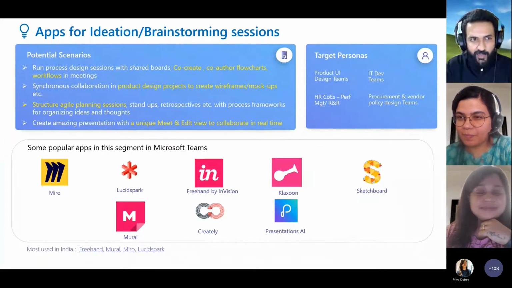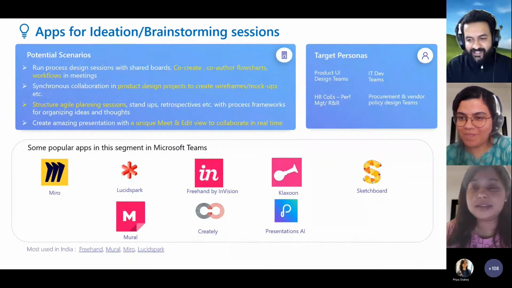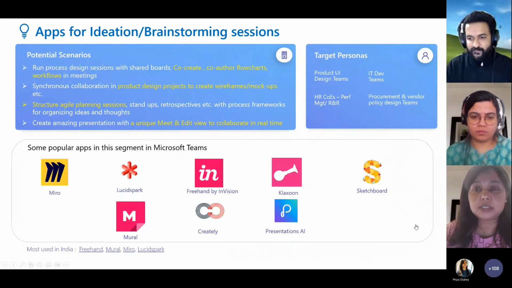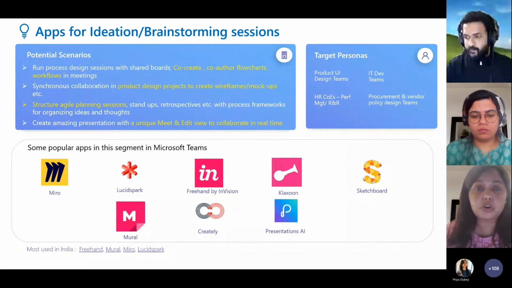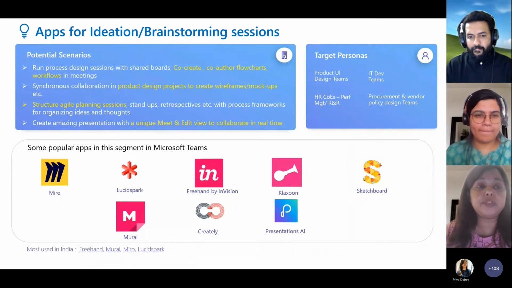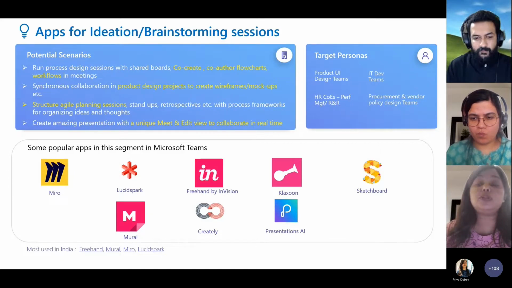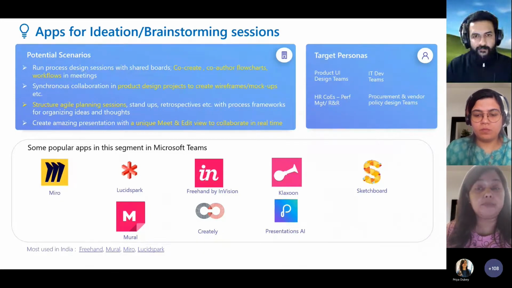If you want to tell us a little bit about apps for brainstorming and ideation. Yeah. Thanks, Harish. So just as we are talking through all the apps or the experiences which are more hybrid to us in the work environment and talking about richer meeting experiences, I would want to talk about another area where people generally want to collaborate within a meeting space altogether, right? So ideation, brainstorming sessions that happen within the organization that are very common, and with the hybrid work environment going today, so people need to come on board to contribute together, to collaborate together in real time for these apps.